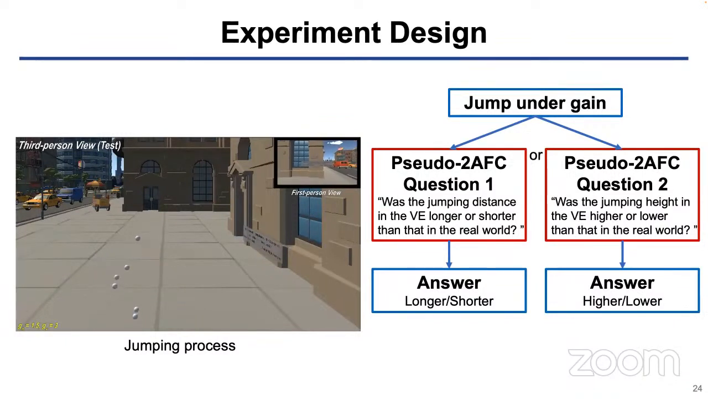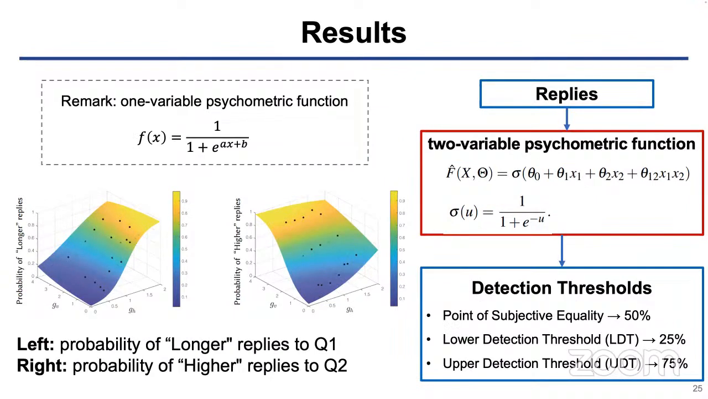And here are the results. Remark that in previous work, the researchers used the one variable psychometric function to fit the jumping data. But now we have two jumping directions, the horizontal and the vertical. So our function is a two variable psychometric function, and we use the previous